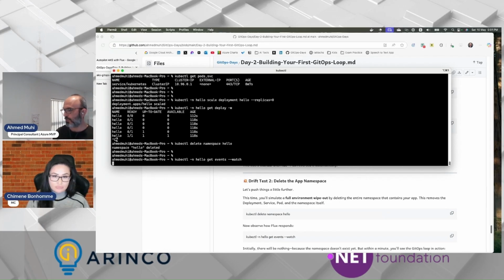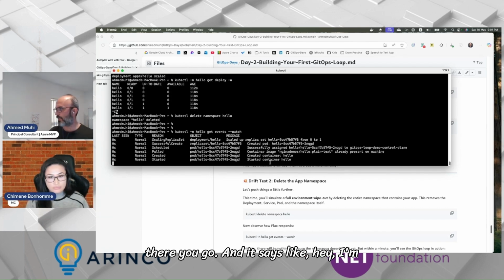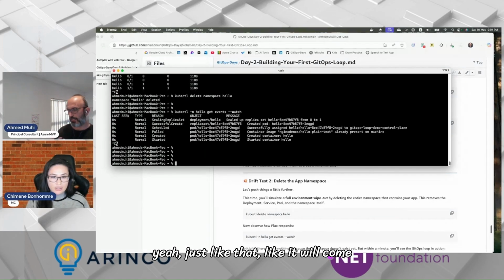That's not right. In the actual Git repo, you told me there is a namespace called hello. I think it will take a minute. Oh yeah, there you go. It says, I'm scaling the replica set, scaling successful, scheduling, pulled the image, created it, and started. Just like that, it comes back from an error.